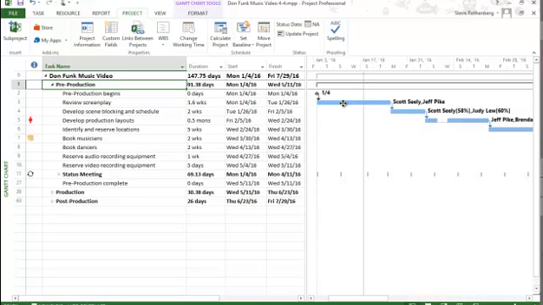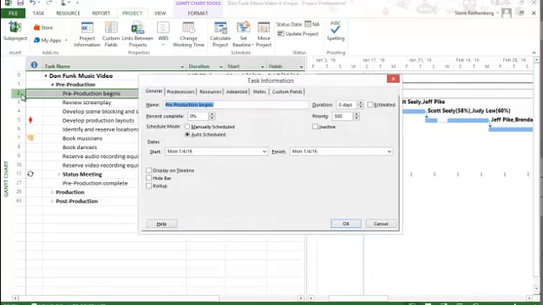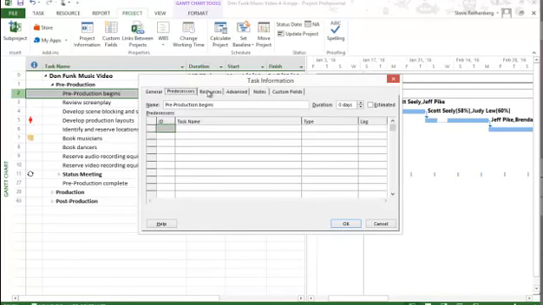So we're just about at the end here. Page 26 talks about linking. We talk about milestones. On pages 28 and 29, we talk about how we can add information to a task, and that's quite simple. If you want to find out metadata about a task, all you have to do is double click on it, and it brings up a task information dialog, and each of these tabs has a different set of information. What resources,